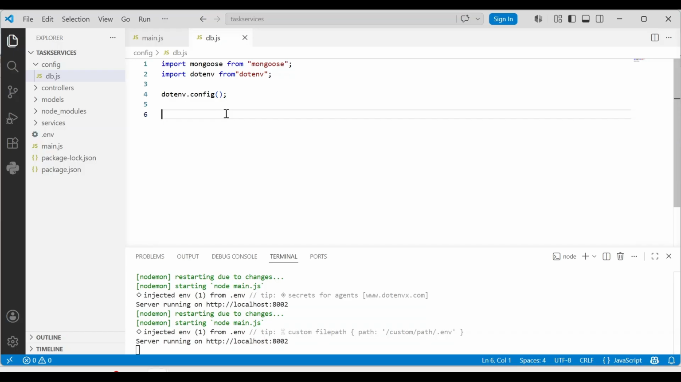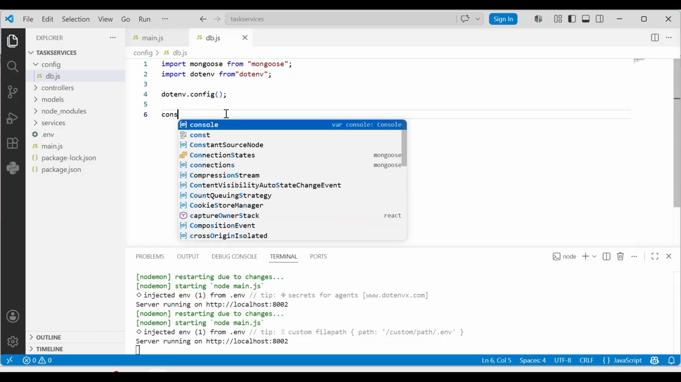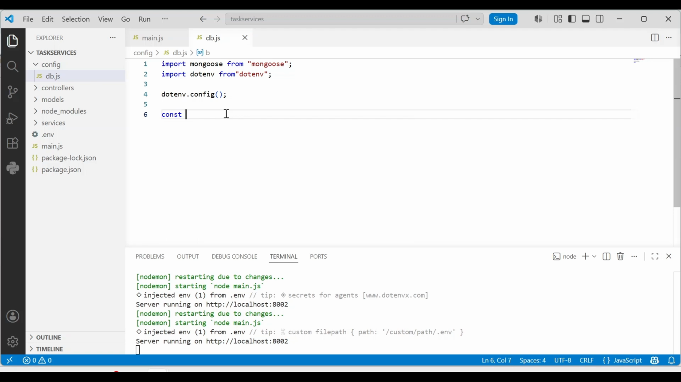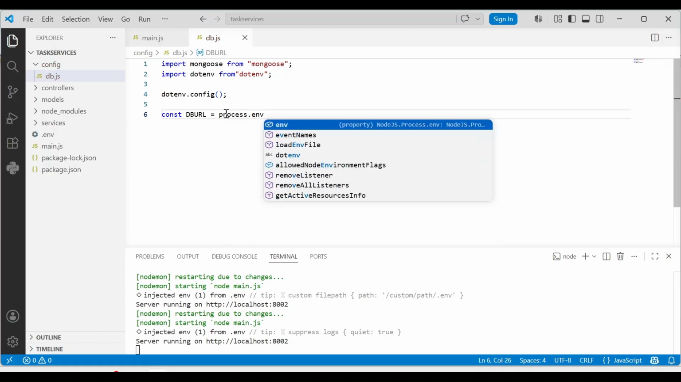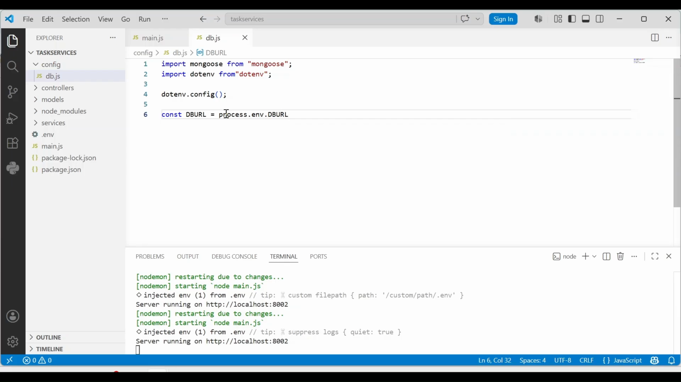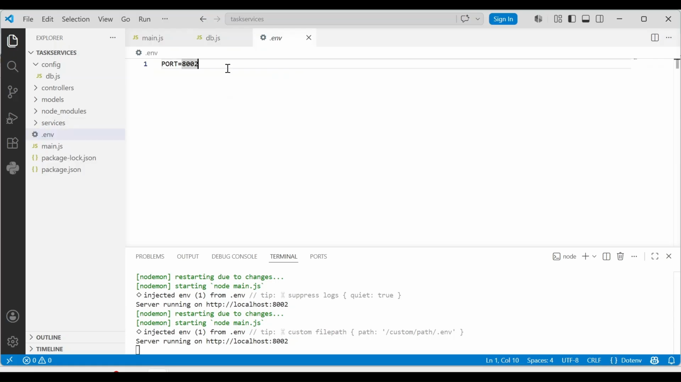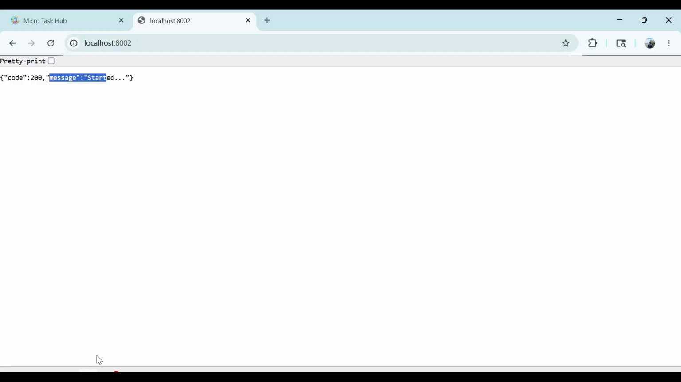Next, create a constant db URL equal to process.env.db URL. So take value from the environment variable. So go to the file .env, create a new environment variable db URL equal to, go to browser, open a